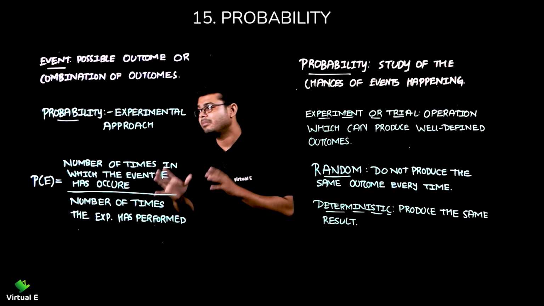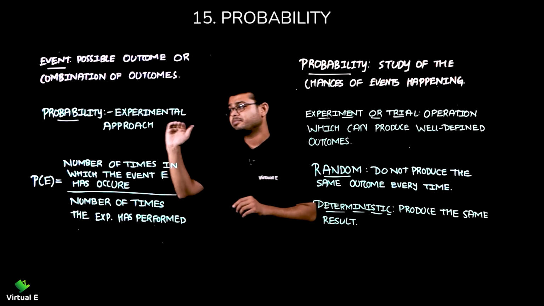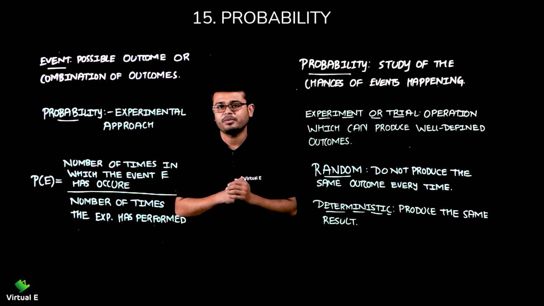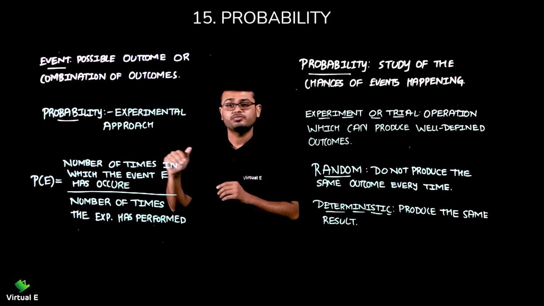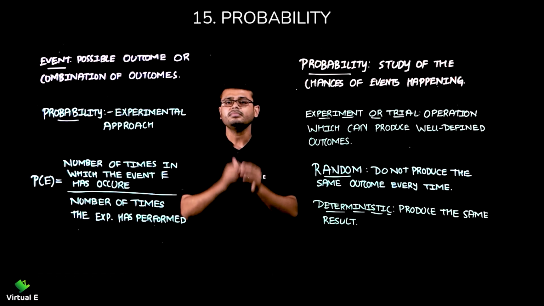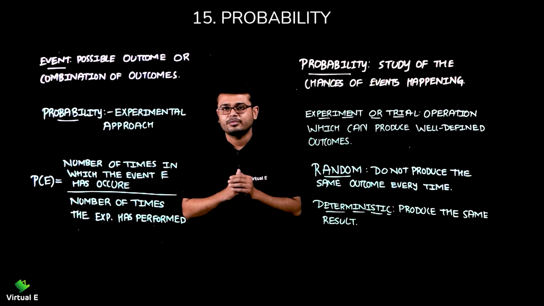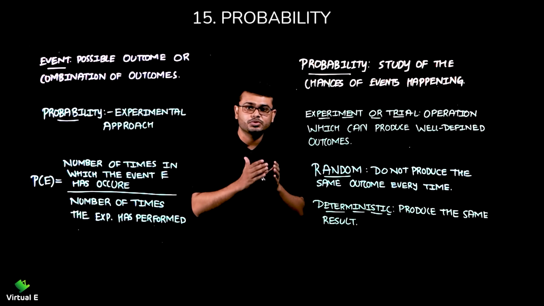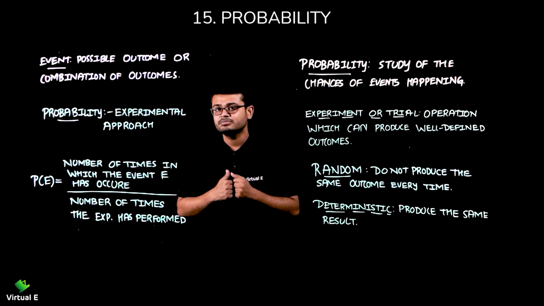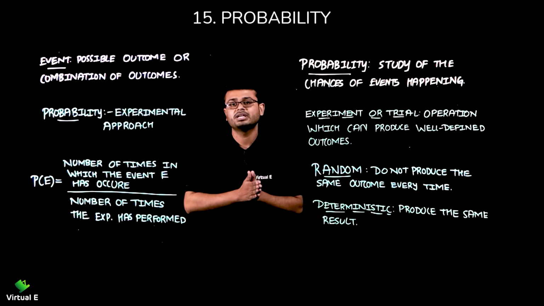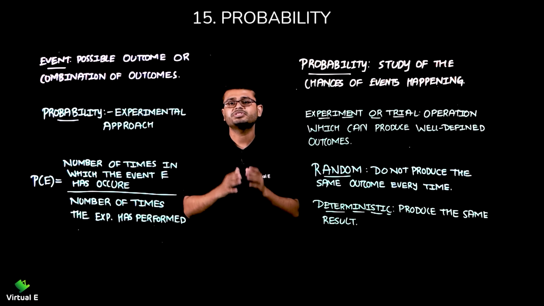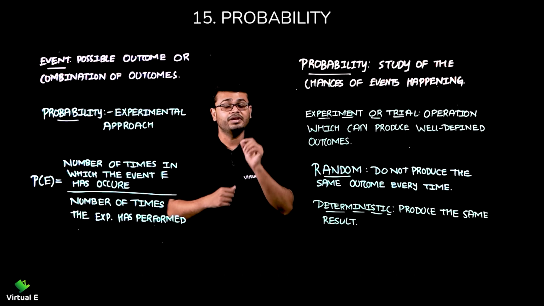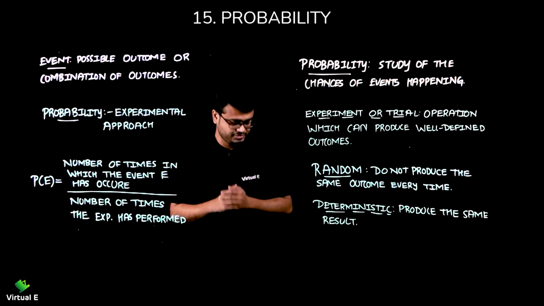Now let's talk about the probability itself. Probability experimental approach. Now there are two approaches for the probability: theoretical approach that you discussed in grade 8 and experimental approach which we are going to discuss in grade 9. Now what's the difference? In the theoretical approach, we have the formula, we think of the situation, we identify the possible outcomes, we talk about the favorable outcomes, then we find the probability. But in case of experimental approach, suppose we have coin again, and if we toss that coin 500 times, remember we toss that coin 500 times.